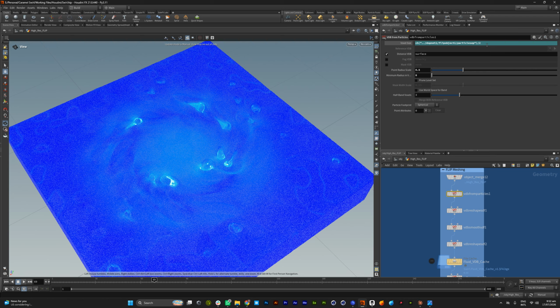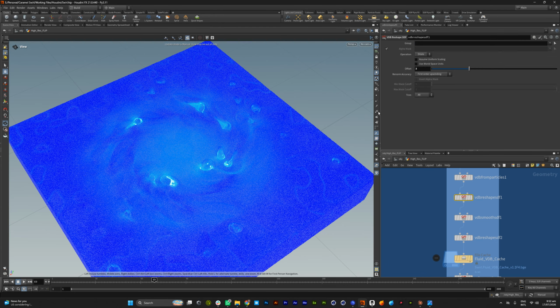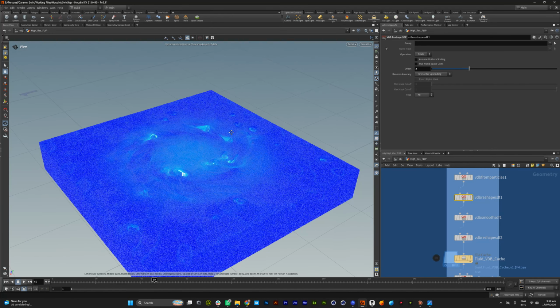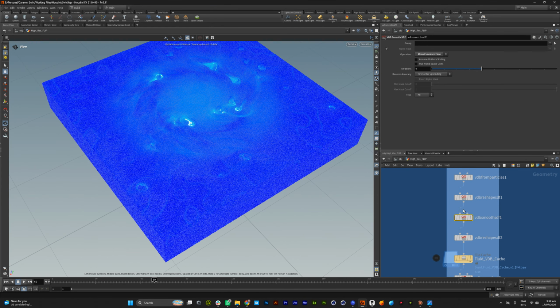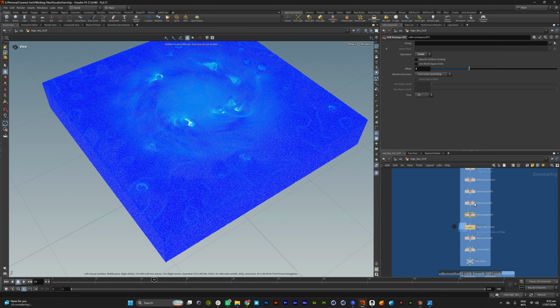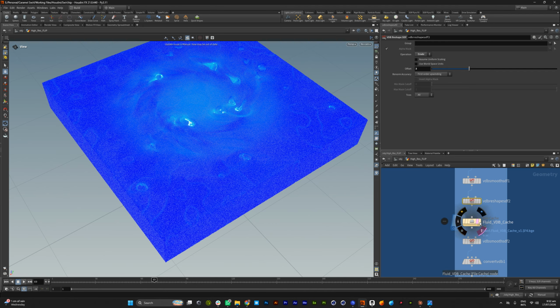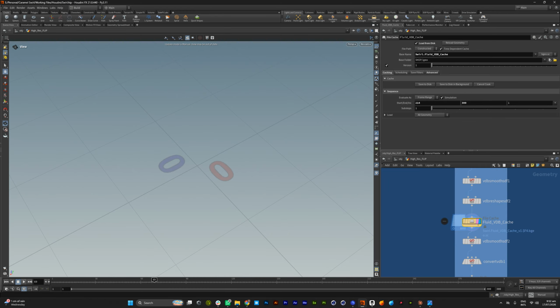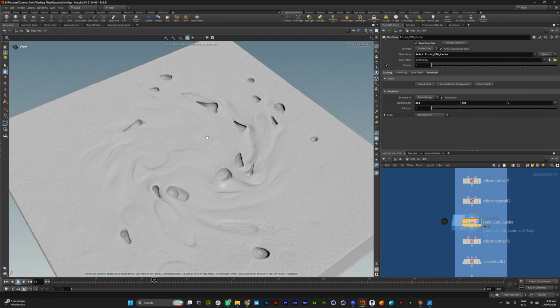I know the thumb rule is to set it exactly at what the particle separation was, but I just felt like at such a high point count, even if I went below that range, I was not going to lose out on detail. Instead, I was getting extra detail. And I used a VDB reshape to dilate the mesh to make sure I was able to smooth it out, and I smoothed it. I used a mean curvature flow and I then eroded it back. This is a very, very standard setup for VDB meshing, and I cached that out because